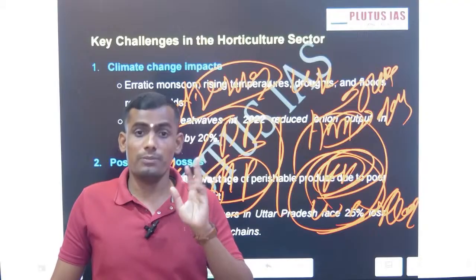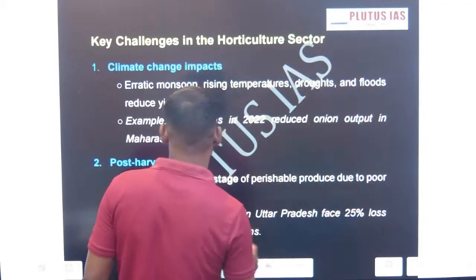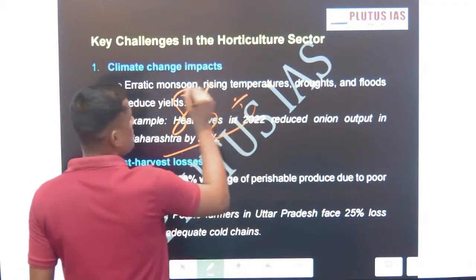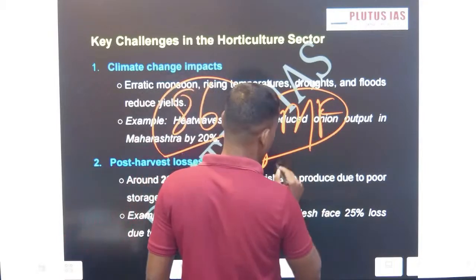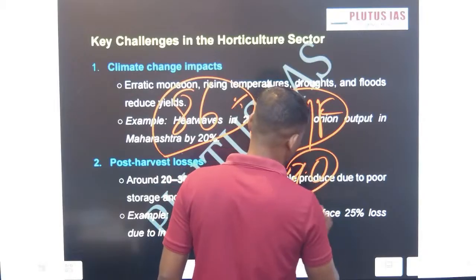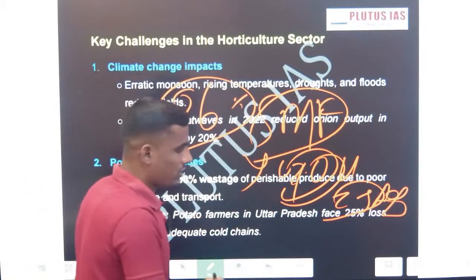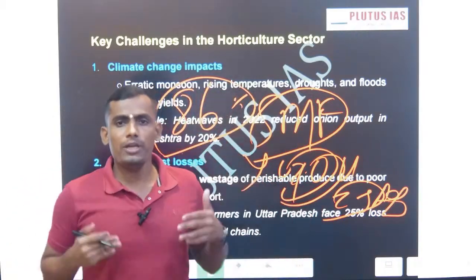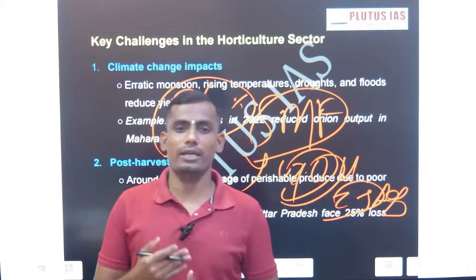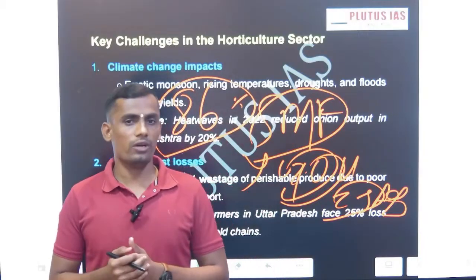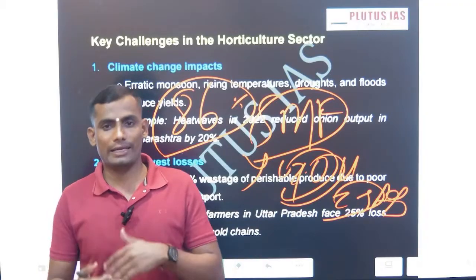The second one is, in India, according to the Agriculture Census 2015-16, around 60% of India's farmers are small and marginal farmers. That means small and marginal farmers are the farmers whose land is below 1 hectare. A hectare is considered about 2.5 acres. So if this is the scenario, tell me, how can an individual farmer deal with a large company like Lay's or a large company like Reliance? It is very difficult for an individual farmer, and this is one of the constraints limiting horticulture production.